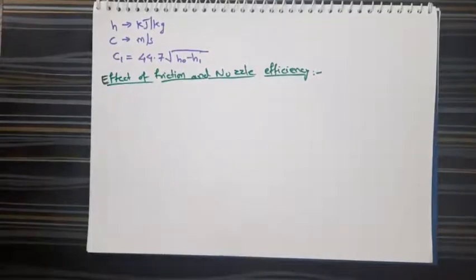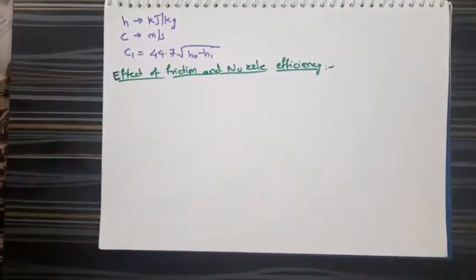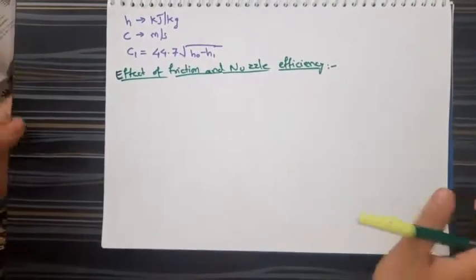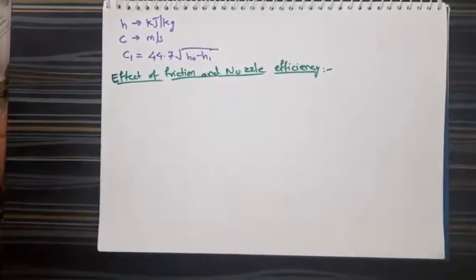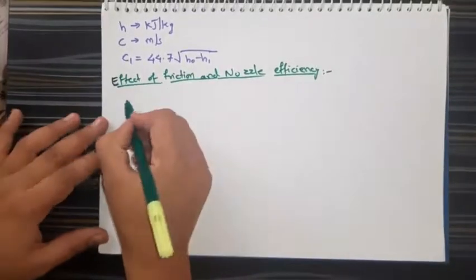Ideally, when the nozzle is designed, it is designed in such a way that the process inside it will be an adiabatic process, and it should be an isentropic process, that is, a frictionless process, so that there will be no heat generation inside it, and maximum conversion of the pressure energy into kinetic energy will be there. So if we draw a TS diagram for it,